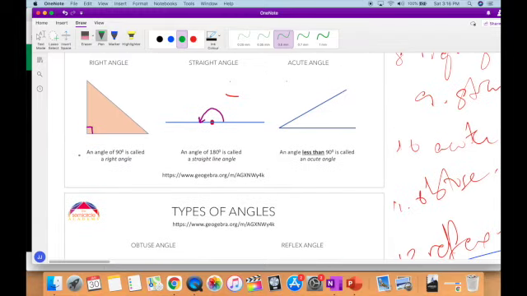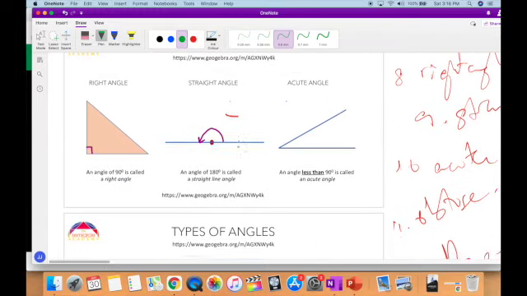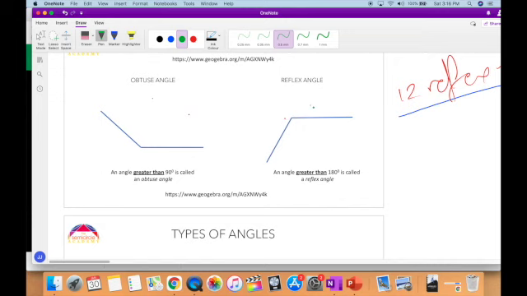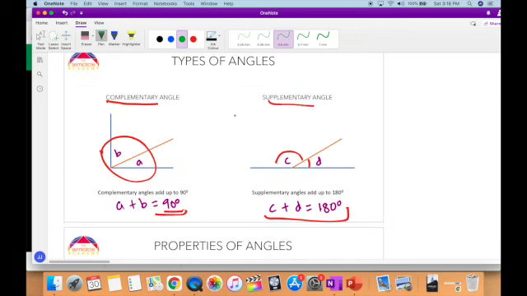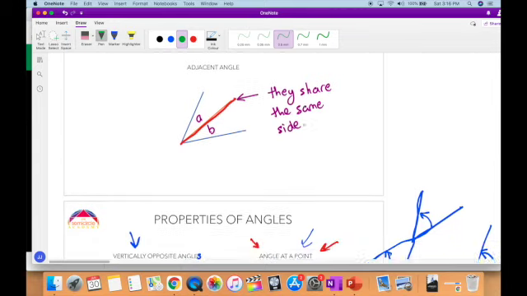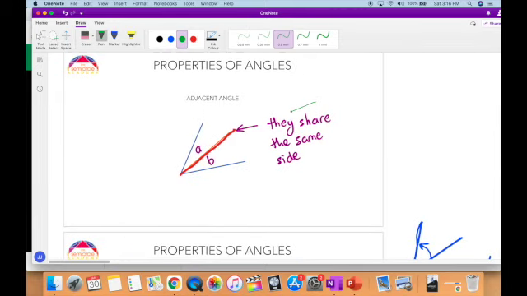These are your types of angles here: right, straight, acute, obtuse, reflex, right? The reflex is greater than 180 degrees. And remember, here we have the properties of angles. So we have complementary, which adds up to 90, supplementary, which adds up to 180, adjacent, where they have the same side,